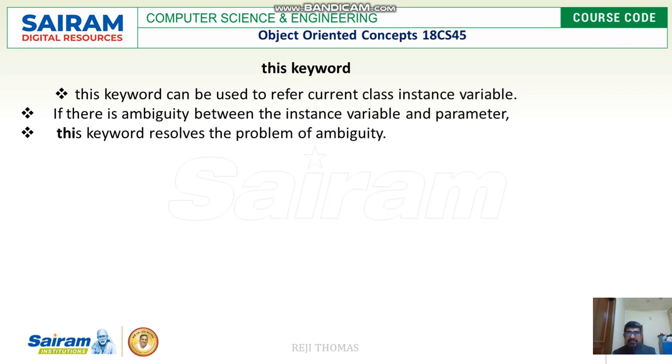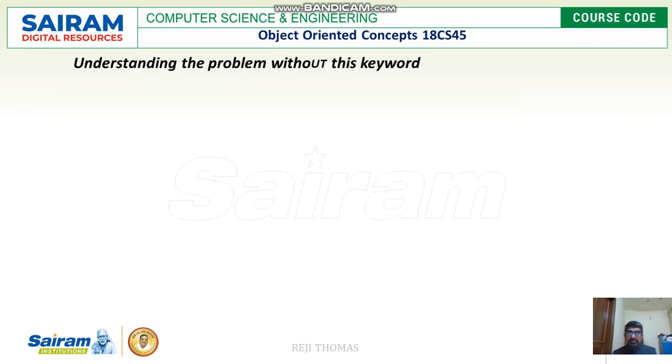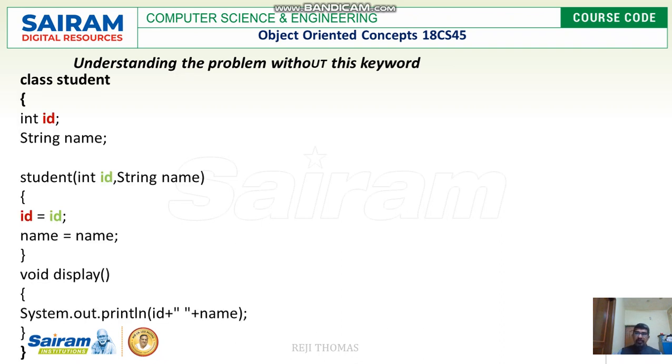So let us see an example for this. First, let us see a program which does not use the keyword this. Okay, so a normal program we are going to see. Later we are going to see how the issues we faced in the program can be overcome using the keyword this. Fine. So let us see the program where we can find a class called student,